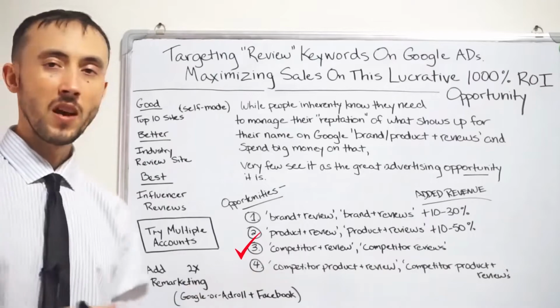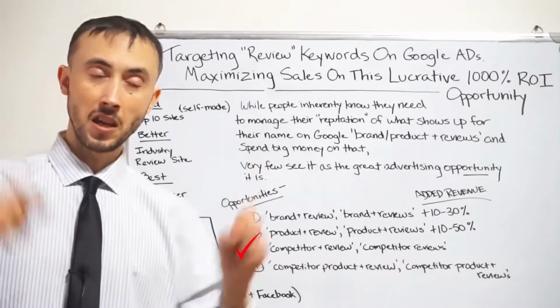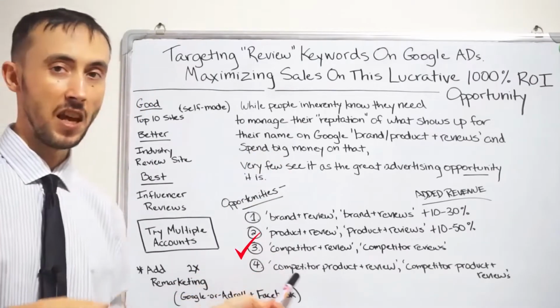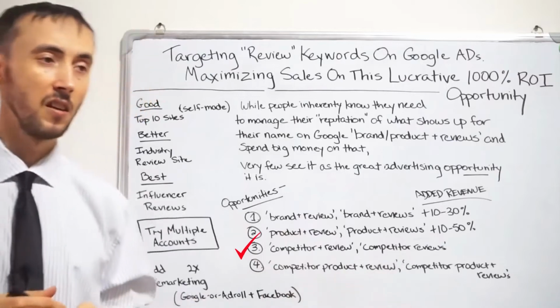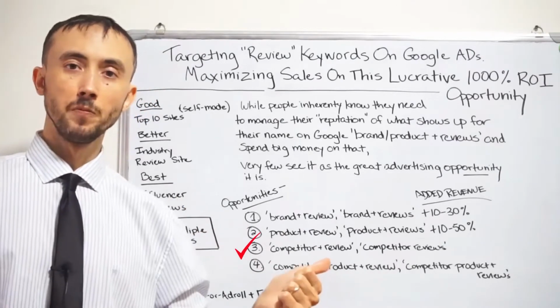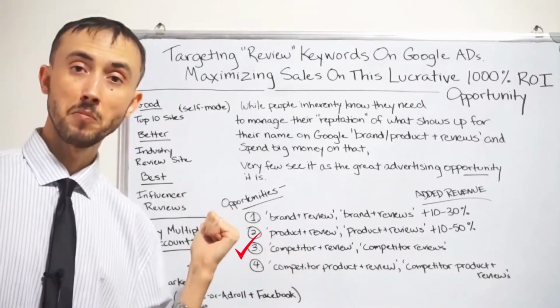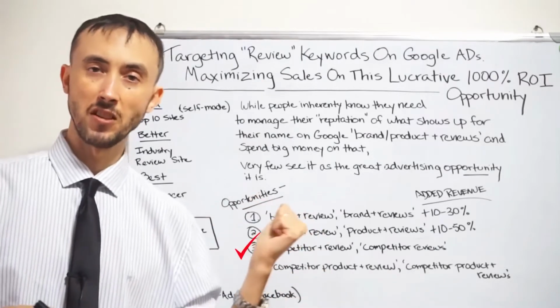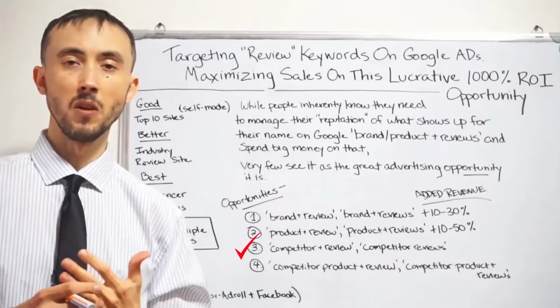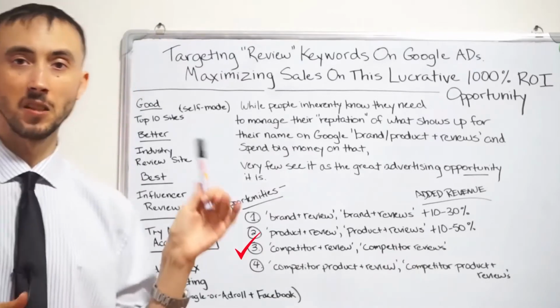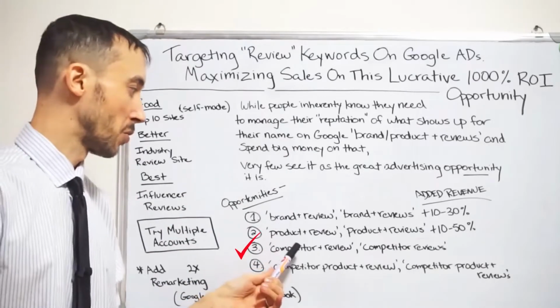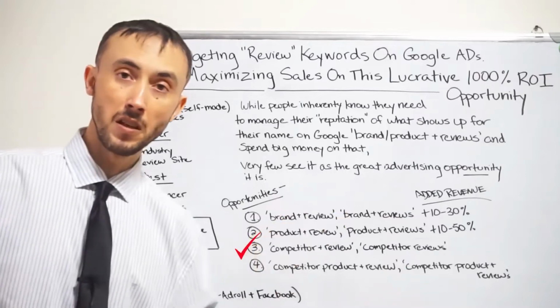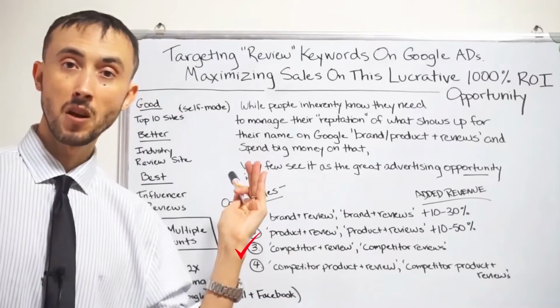This is different, by the way, from competitor campaigns. If somebody's typing your competitor name but not using review along with it, I'm going to send people to a product comparison page on my site that I custom craft, or just send them onto the product or service page itself, the sales page, if you will, on my site. I am not going to send them to a review. But specifically where they're looking for a competitor review, it doesn't work to send them onto the product page.